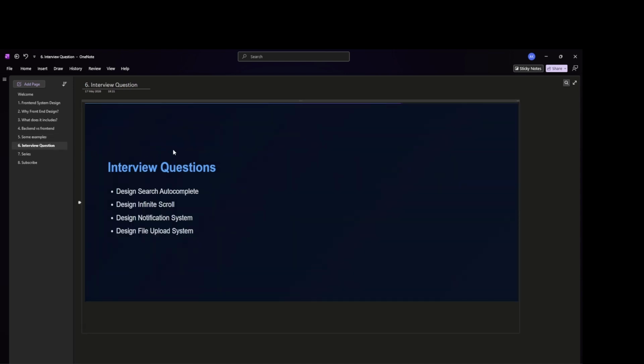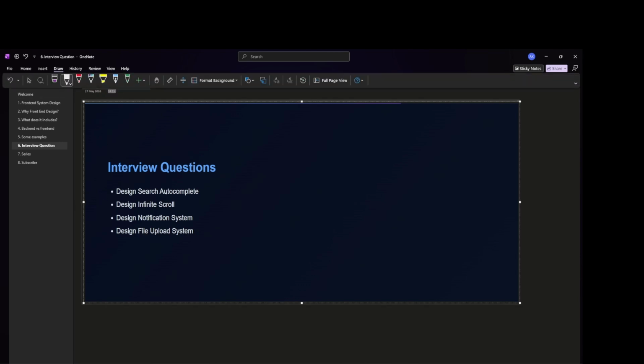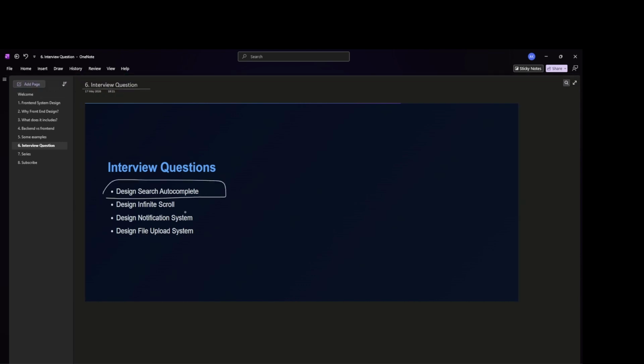Next, what kind of interview questions are asked related to front-end system design? For example, design an autocomplete search, design infinite scrolling, design a notification system like a toast, or a file upload system where you can upload files.